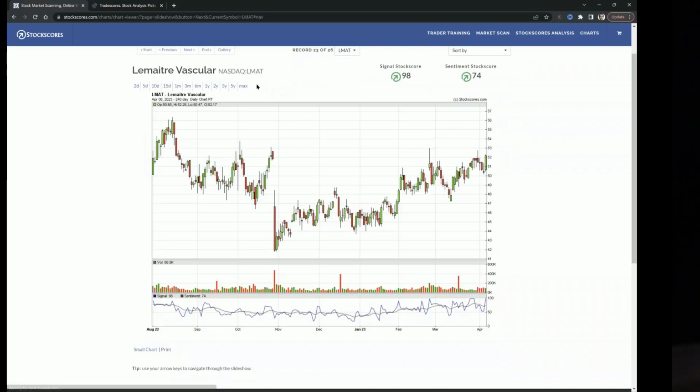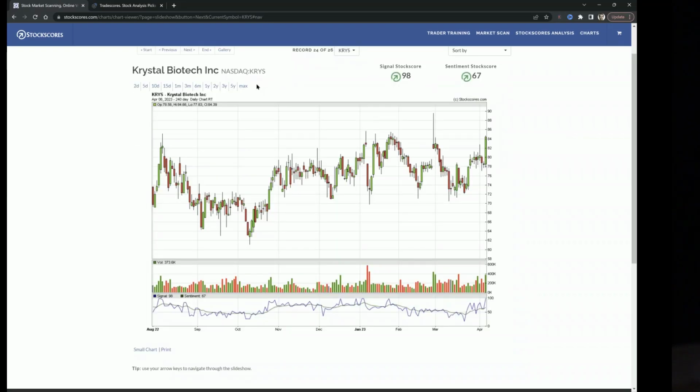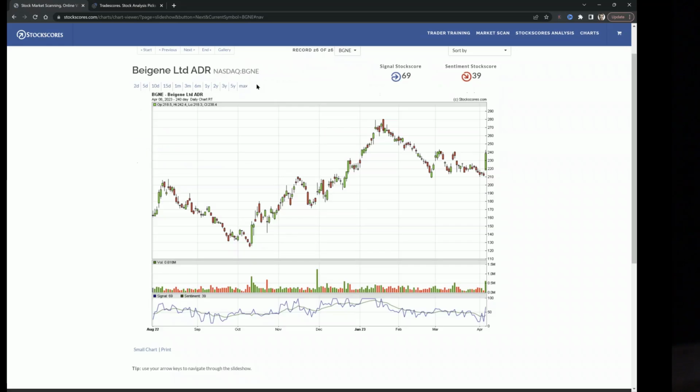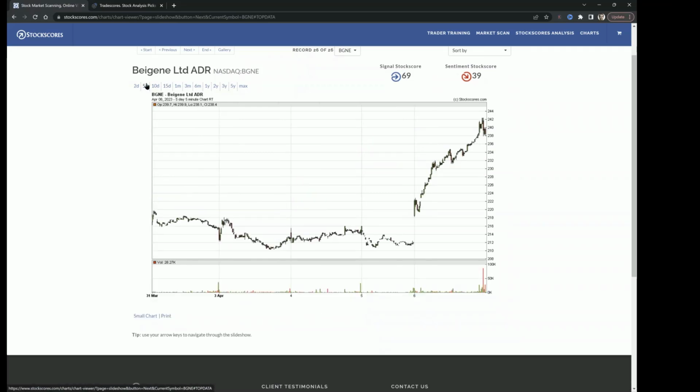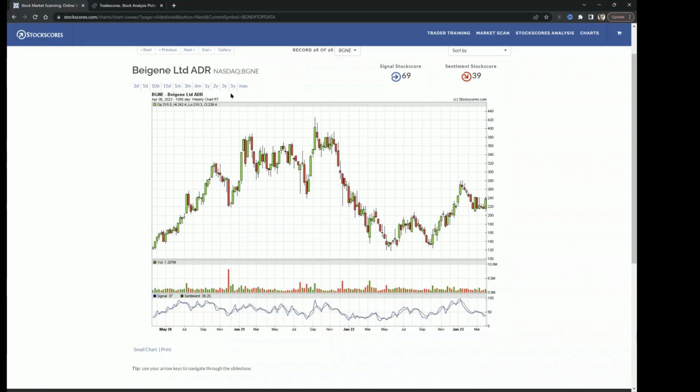So what I'm showing you is this tool that is incredibly powerful and also very easy to use. If I want to change the time frame of my chart, let's say I look at that and I say, "Whoa, that stock looked like it had some action during the day today." Why not look at the 5-day chart? There's the 5-day chart. Very quickly, I can see how the move went through the day. If I want to see the 3-year weekly chart, just click on 3Y. Now I've got the 3-year weekly chart.